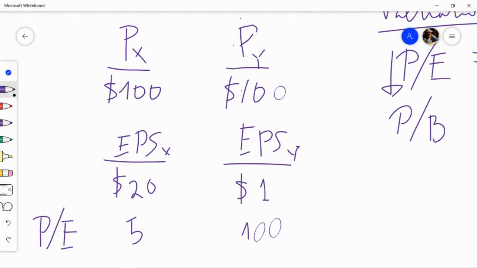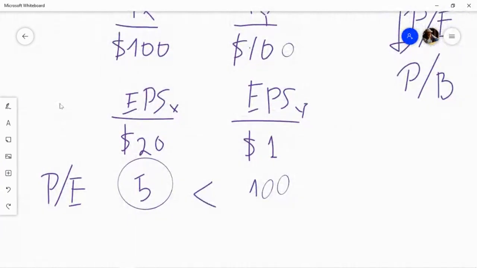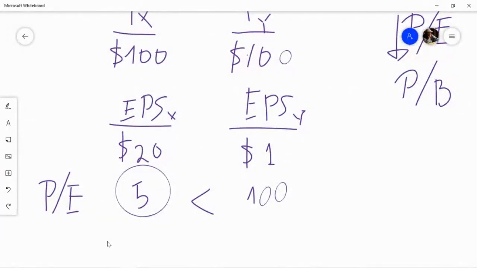So clearly, this is a much higher price earnings ratio, but which stock is better? Which stock gives you a better return? Clearly, this stock gives you a better return. Isn't that right? The lower the number, right? The lower the price earnings ratio, it means it's more of a value stock. In other words, for the price,